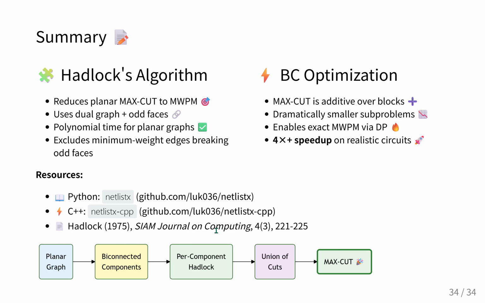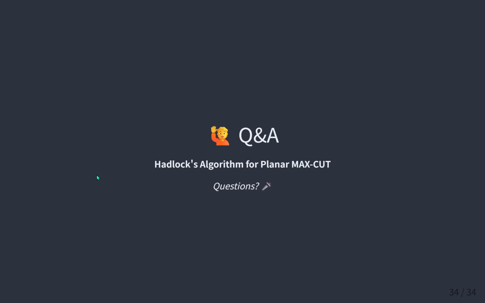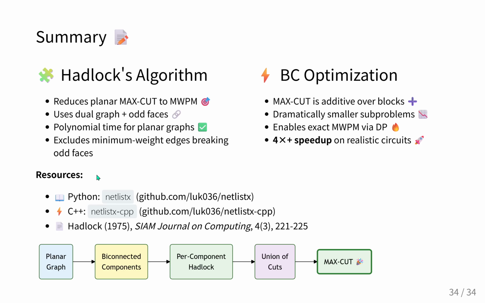And for raw industrial grade performance, they built NetlistX CPP in C++. And honestly, the C++ implementation is a masterclass in modern software engineering. It specifically leverages C++20 coroutines to perform what's called lazy iteration. Let's translate lazy iteration for a sec. It essentially means the computer acts like a highly efficient procrastinator. I love that. Yeah. Instead of aggressively calculating and storing the entire massive map of data in its memory all